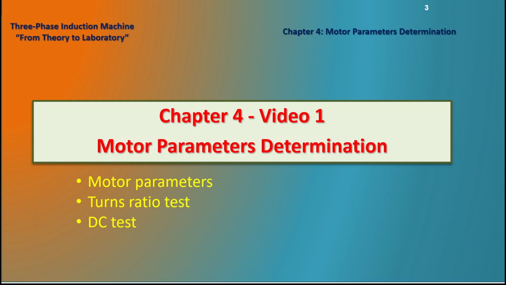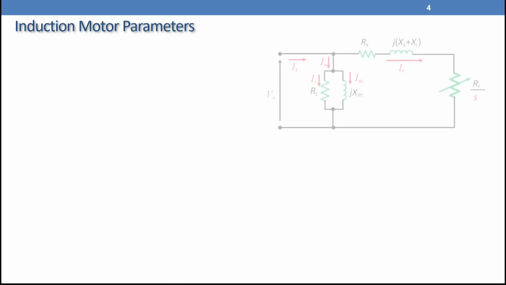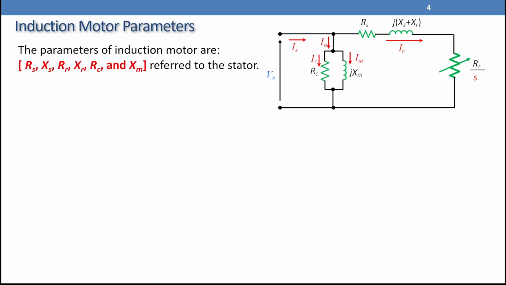Let's start by asking ourselves a question: what are the motor parameters? To answer this question, we need to recall the equivalent circuit. This is the first approximate equivalent circuit. As we can see here, it consists of lump elements like resistance and inductance. The voltage and currents are rated values, while the resistance and reactance here are the motor parameters. So motor parameters are R stator, X leakage stator, R rotor at standstill, X leakage rotor, core resistance